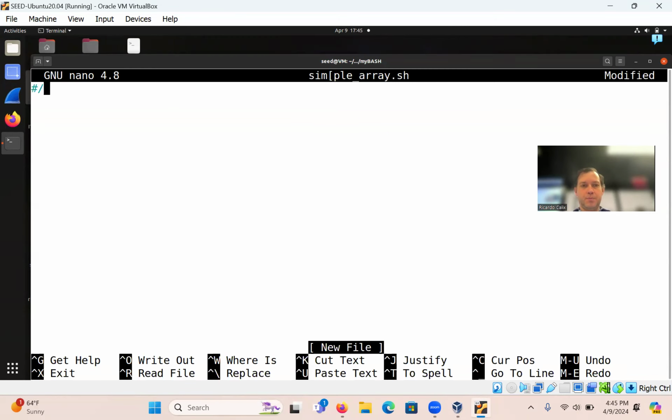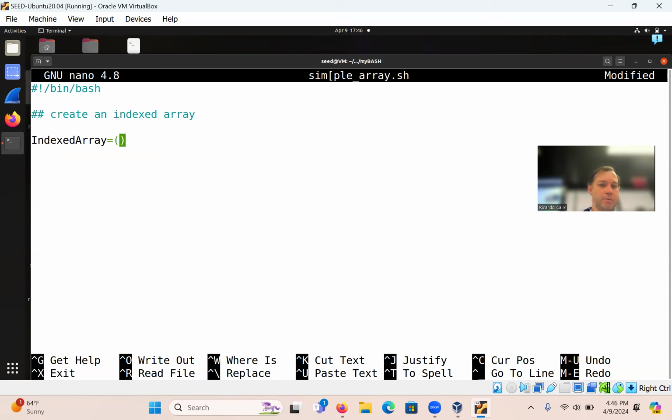Now I'm going to do /bin/bash. Let's add a comment again: create an indexed array, for instance. Let's call it indexed_array. And here we use the parentheses. Okay, and I'm going to say eggs, burger, and milk. So just a list of items.